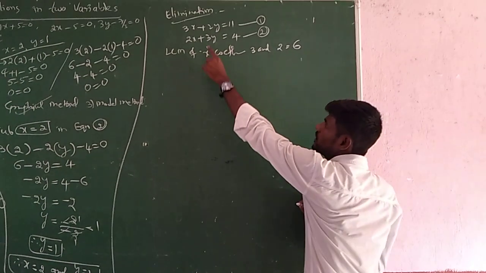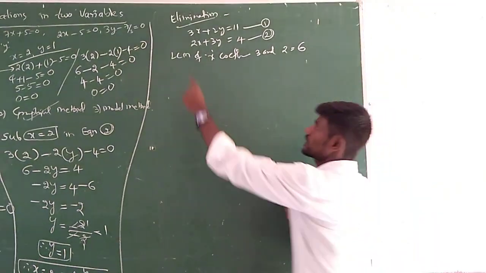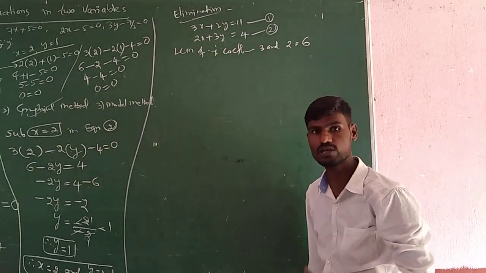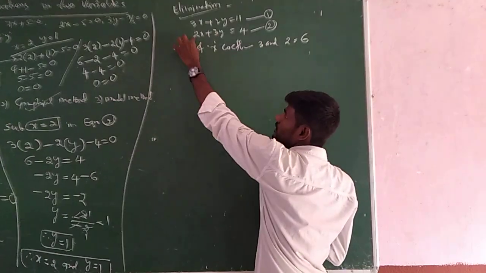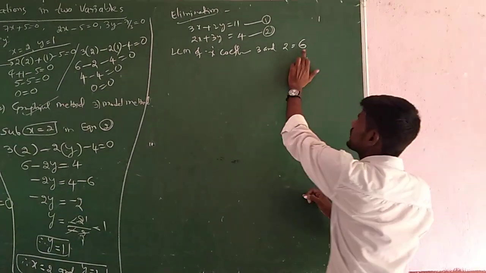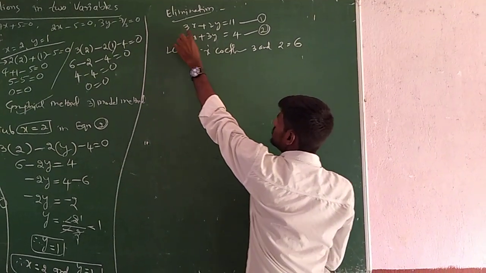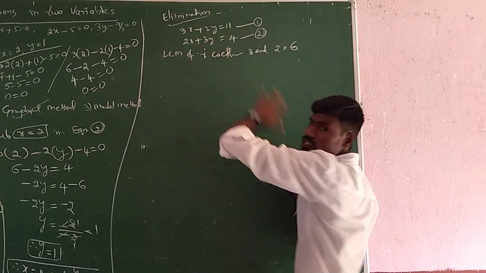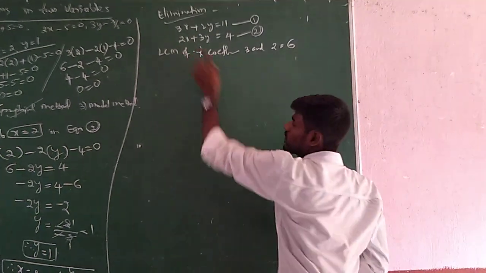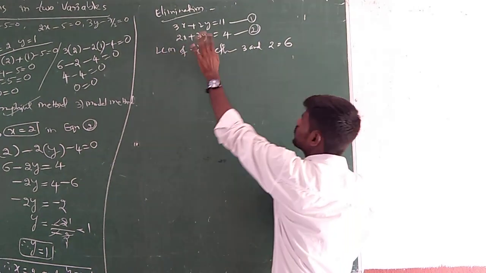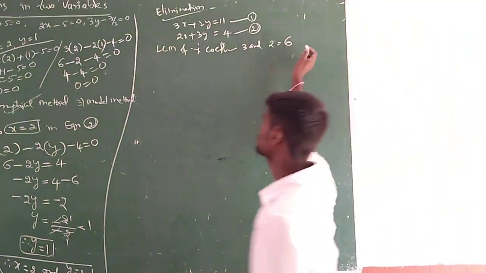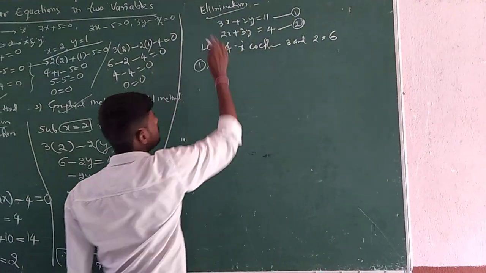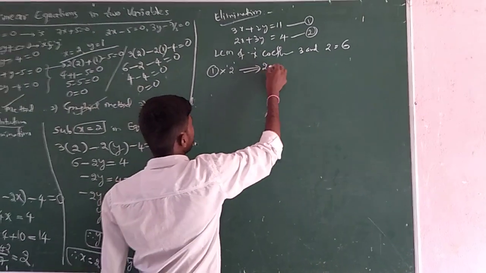Now after taking the LCM of the x coefficients, we need to equate the x coefficient in equations 1 and 2 to that LCM value of 6. So how can we do it? To get 6 here and here, how is it possible? Actually, LCM divided by the first equation's x coefficient 3: 6 by 3, what will we get? 2. Multiply equation 1 on both sides with 2. Next here also 6 by 2, what will we get? 3. Multiply the equation on both sides with 3. That is the meaning here. So equation 1 into 2 because 6 by 3. Now it implies multiplying both sides with 2.